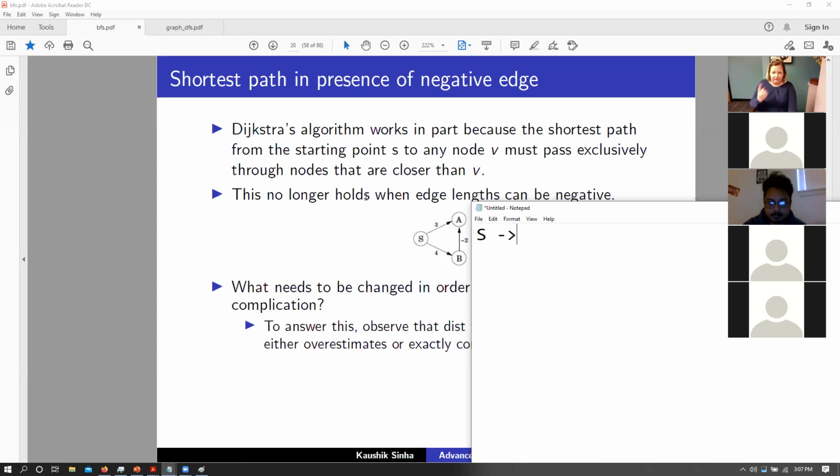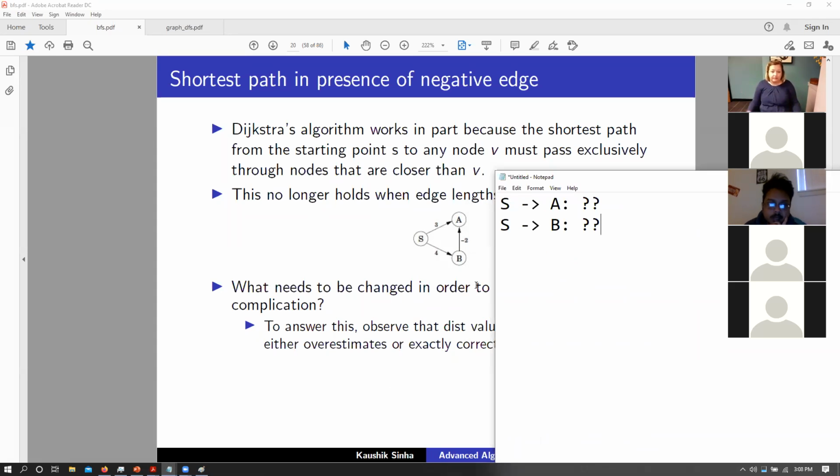If I applied some algorithm, what will be S to A and what will be S to B? If we have this particular graph here, would A be 3 and B be 4?